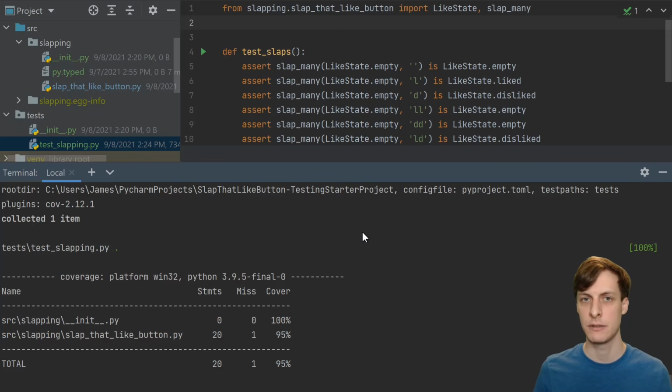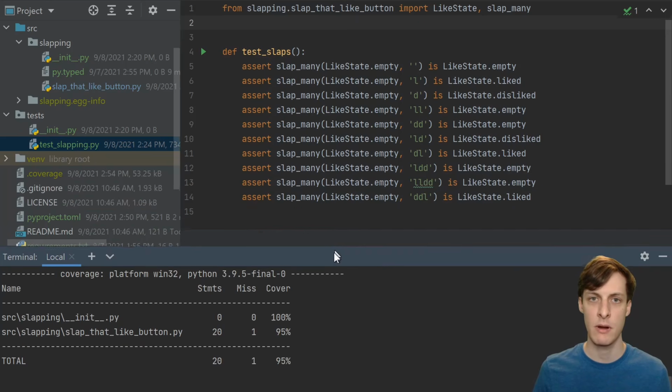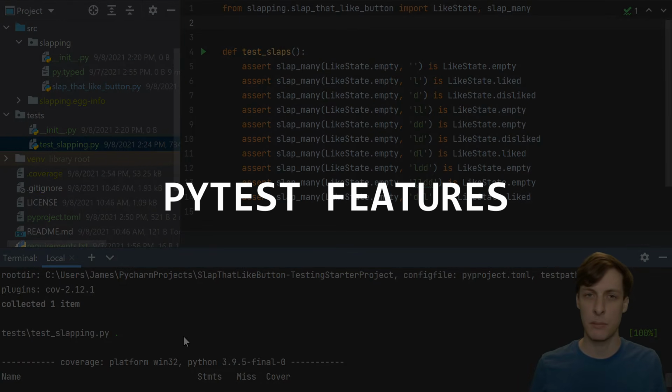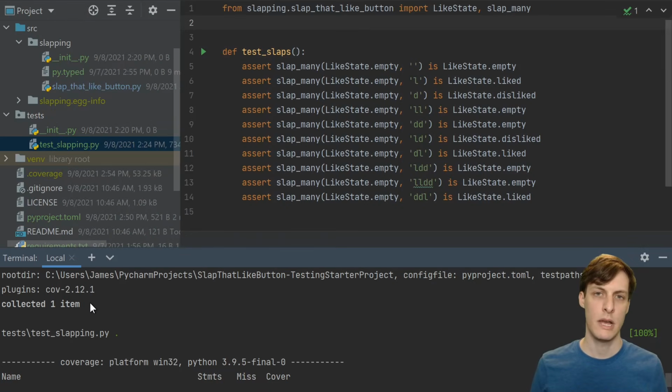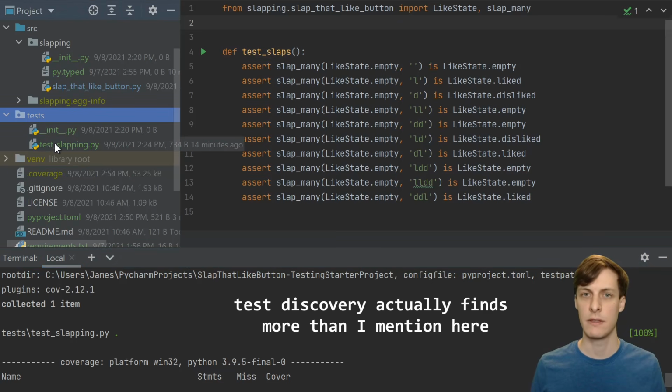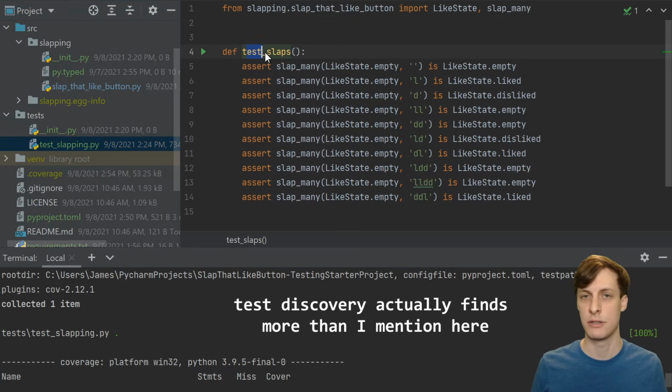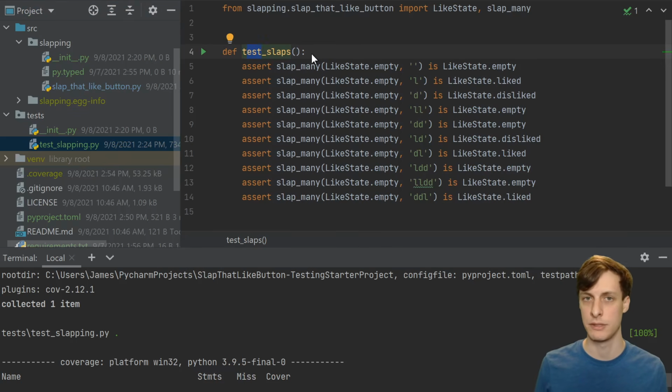But with PyTest, there's actually a little bit more to it. Namely, you have to know how to use it. It's a library and it helps you write tests. So let's just go through some of the basic principles of how PyTest works and what are its features. Essentially, it just looks through your test directory, which we specified in the configuration, and looks for any module that starts with test underscore. And then within those modules, it looks for any function that starts with test underscore. And then it assumes that those are tests and runs them.